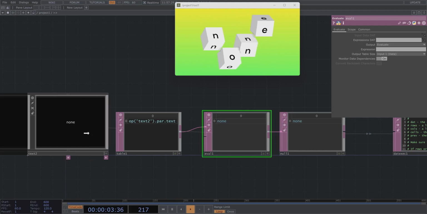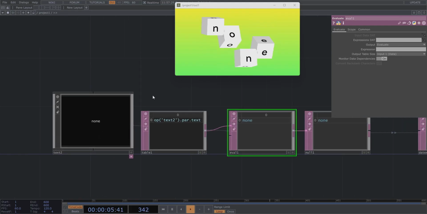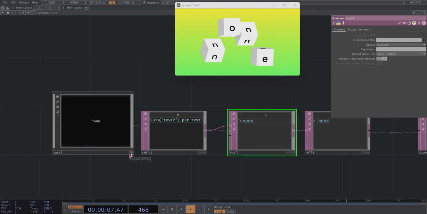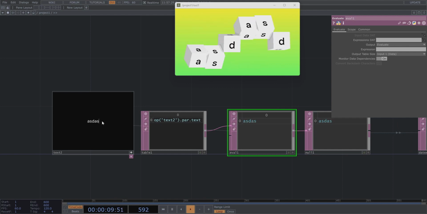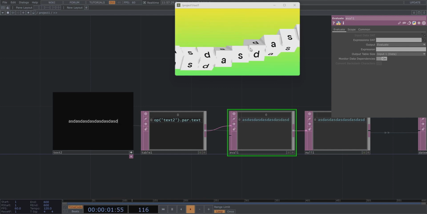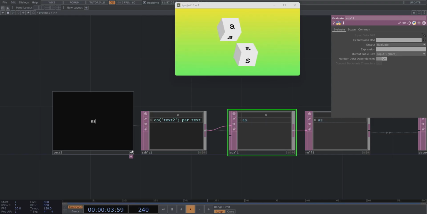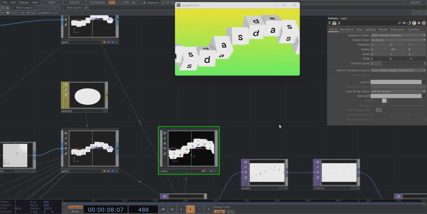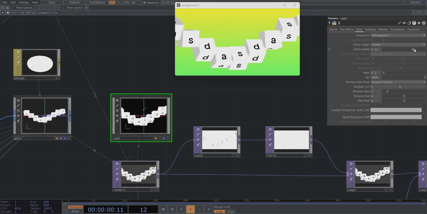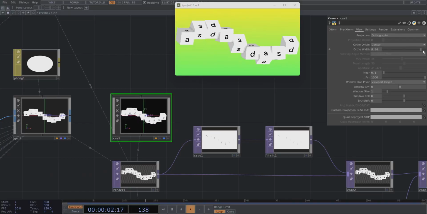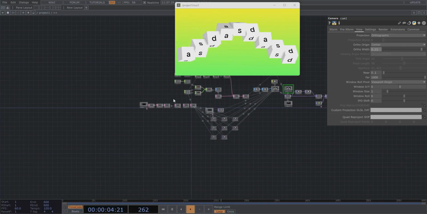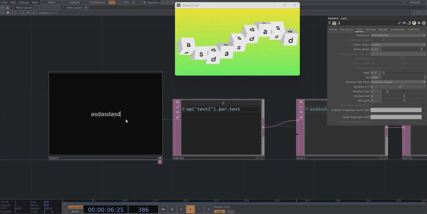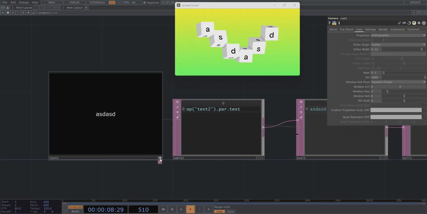That's better. There's a problem that if we type too long, it will disappear. So we can then find a solution to make the camera updating the view also. So let's say if we type